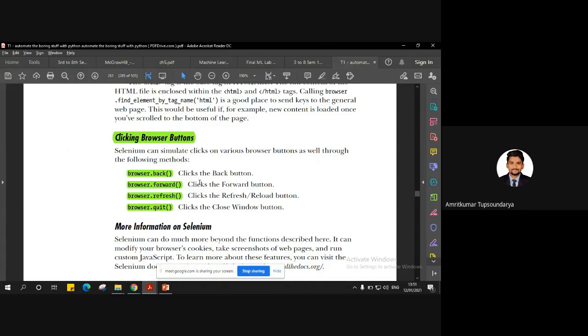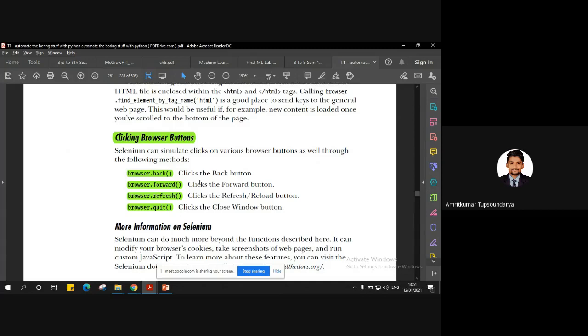So these are the basics. Other than that, there are of course further modes like clearing the cache and so on. It depends. There are different plugins as well, and there is a home button as well. Likewise, there are so many other things. But let us stick to very basic browser buttons, for example, back, forward, refresh, and quit.